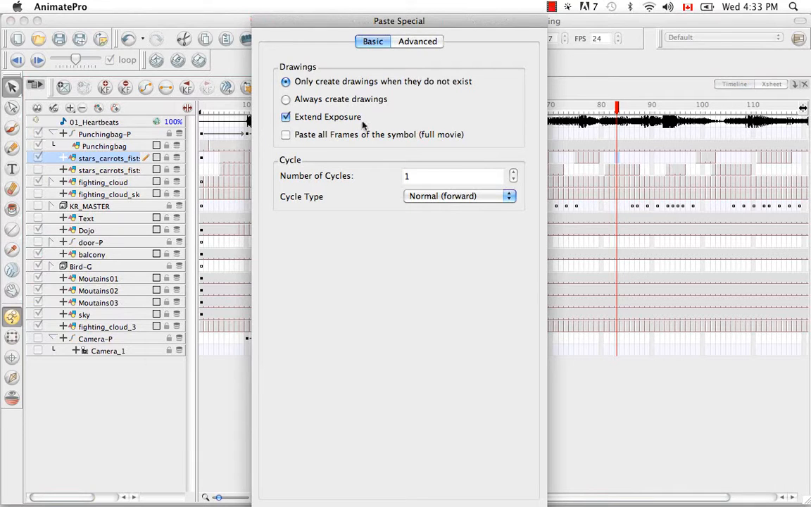So the two options that I wanted to talk about in the Paste Special dialog box of the Basic tab are "only create drawings when they do not exist" and "always create drawings". So if you have "always create drawings" selected, no matter where you are, it'll paste the drawings as is, and if drawings of the same name or number already exist, they'll just be renamed and then copied. If you have "only create drawings when they do not exist", then anywhere there's a duplication, so if, say, our drawings have the numbers 1, 2, 3, 4, 5, and there's a 1, 2, 3, 4, 5 here, then it will not actually paste those